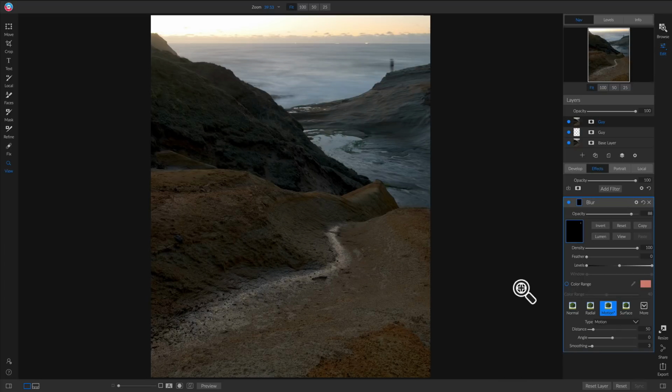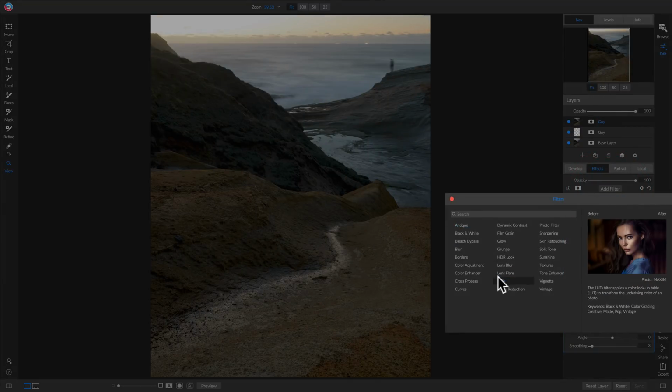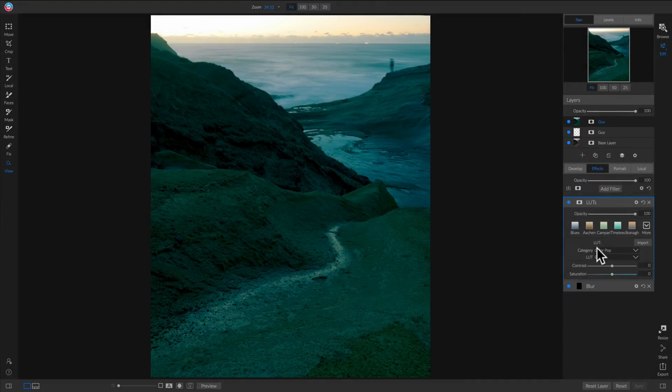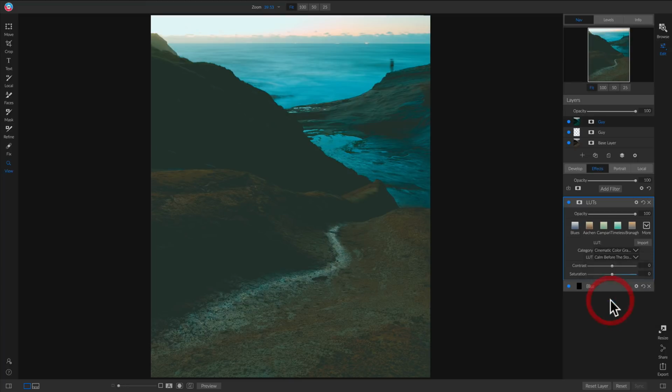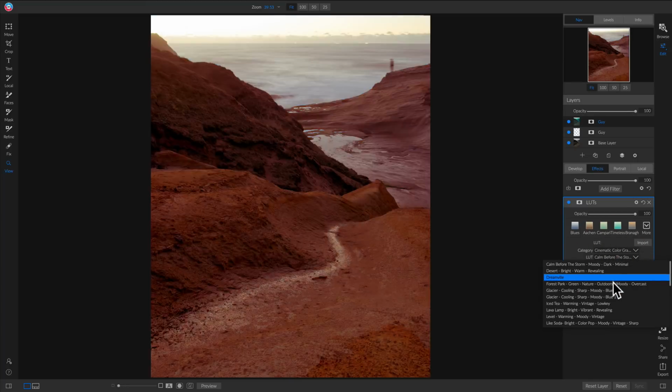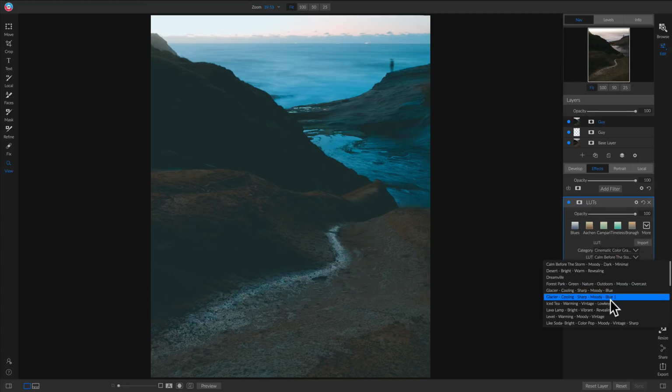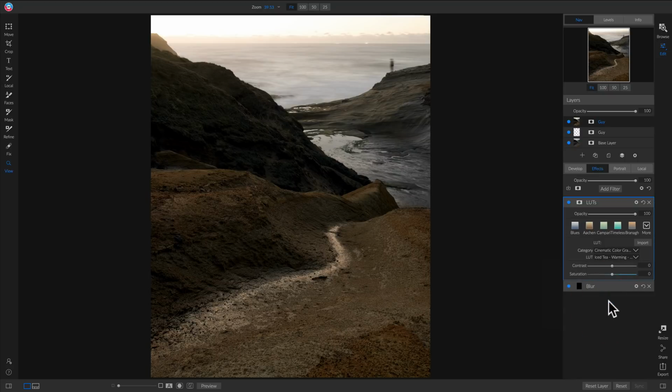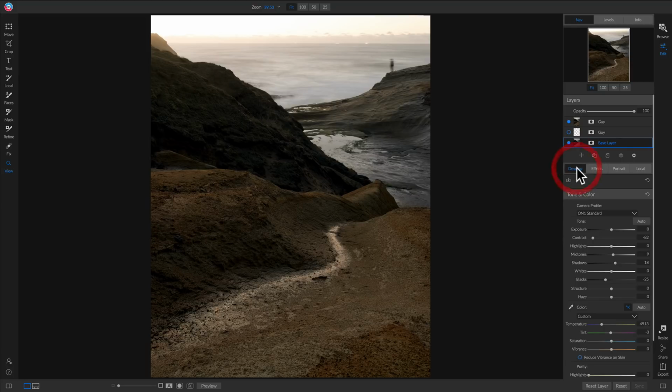Okay, so now what we can do is we'll add a filter. We'll add a LUTs filter. And we'll go in and we'll add a nice, boom, iced tea filter. So now if I turn this layer off and I turn this top layer on and off, actually let's reset this bottom layer. Boom. So now if I turn this top layer off,